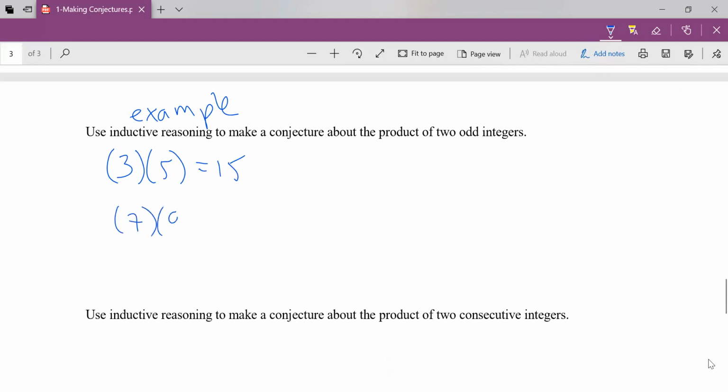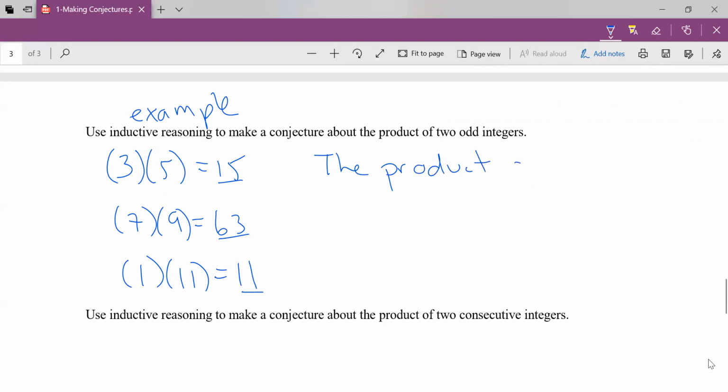Okay, let's do another example. What if I did 7 times 9? That's 63. What if I did 1 times 11? I get 11. So I do a few examples myself, and then I say to myself, make a conjecture about the product of 2 odd integers. Well, what I'm noticing is the product from my 3 examples looks like the product will be odd. So my conjecture would be the product of 2 odd integers